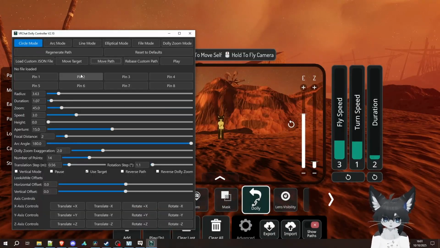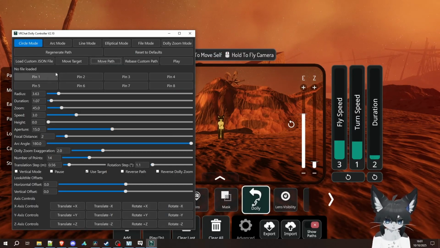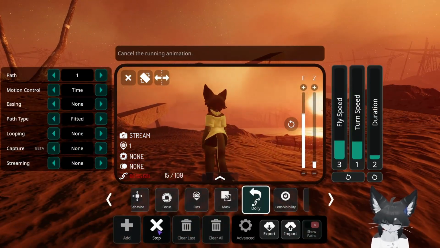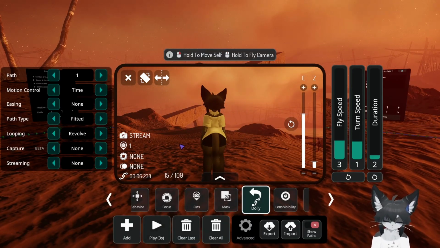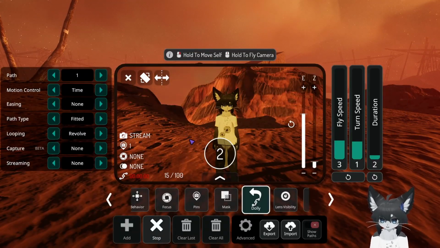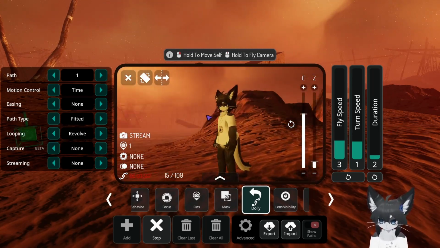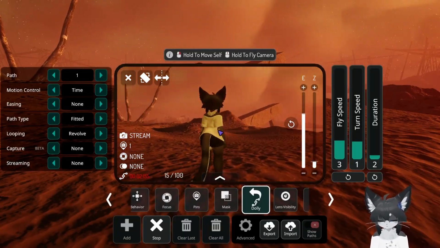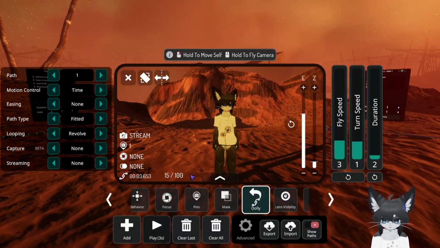Also, one thing that I do want to show, let's, for the sake of this, move the path back to the center. Now we have the path rotating around us. And with this, it's very useful to change the looping to revolve. Let's make it fast for a second, because it will cleanly rotate around you, or it should. It doesn't always. As you can see, there is a small choppy point,